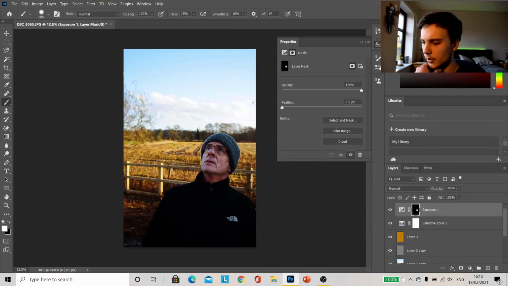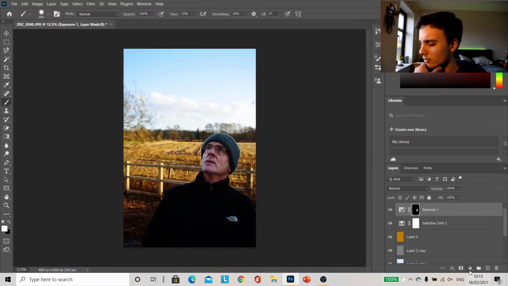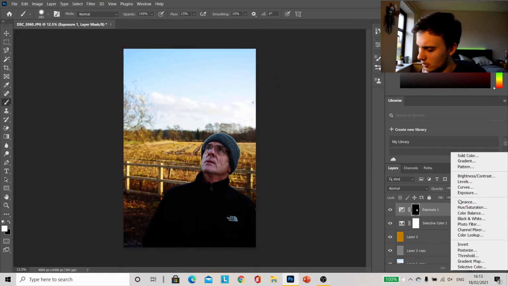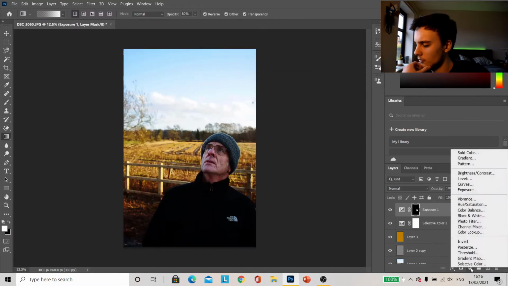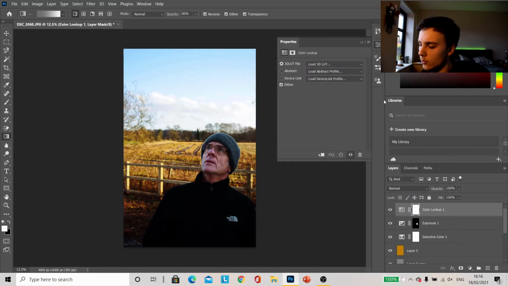That just makes it a bit brighter. Now, to get a bit of a film-like look, I don't really know where to go. I mean, not pattern. No, wrong thing. What I'm going for here is, if we go on to LUTs, the kind of look that I'm looking for is,